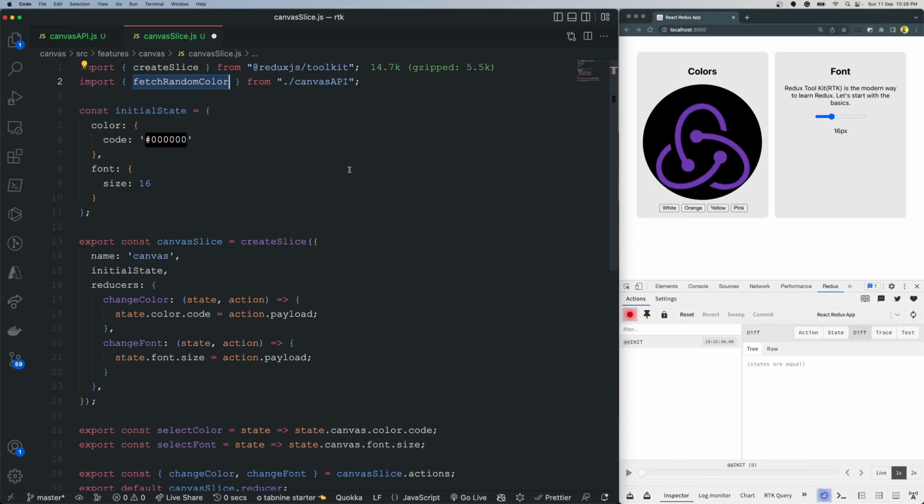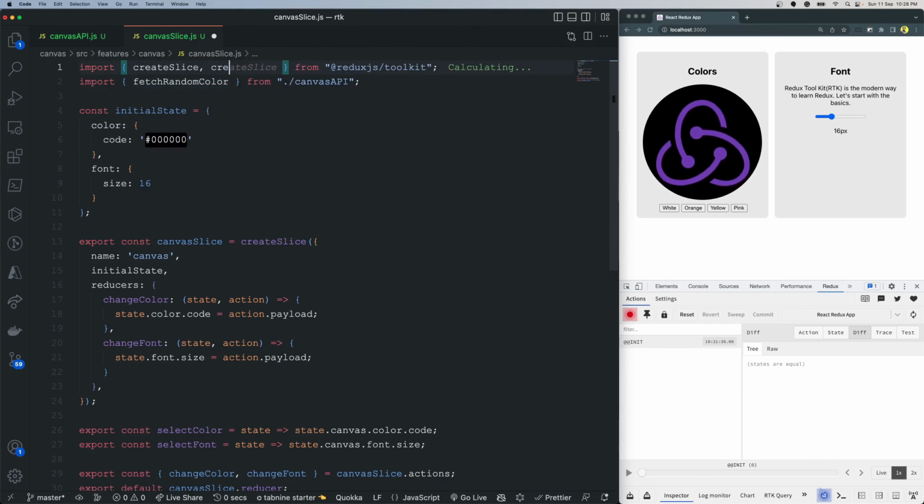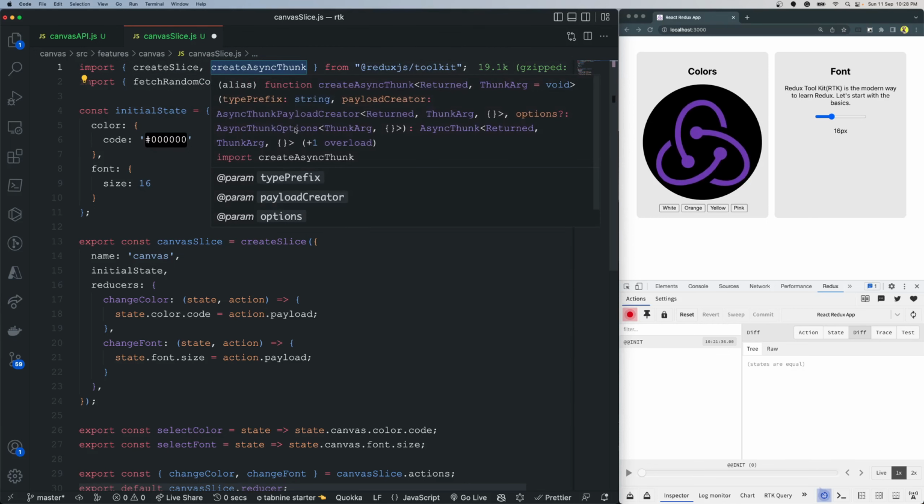So now this is an asynchronous call. This is an asynchronous code. Now to use it, RTK provides an API. This is what you need to pay attention to. RTK provides an API called createAsyncThunk. Okay. So createAsyncThunk is what we are importing. This is the API. Now this createAsyncThunk API we have to call